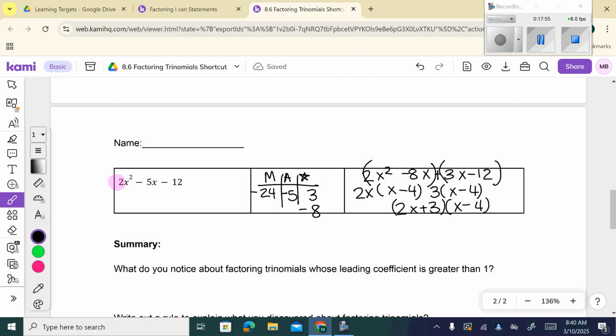Can you always do it the long way? Yes. If you don't like the shortcut, you can always do it the long way. All right, so here's what